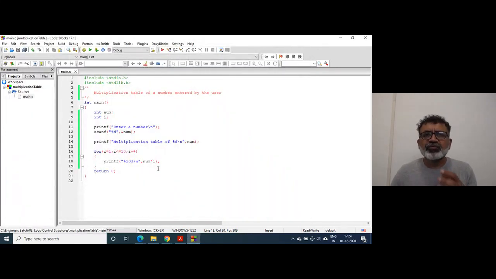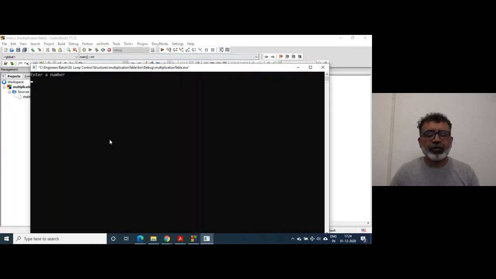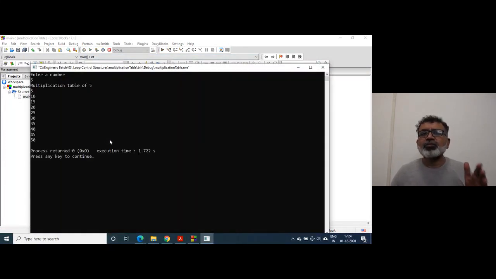These small programs will help you to build your logic. Why did I give %10d? Because if I don't give any width here, then see what happens. See here that the output is now left aligned. When you put the width specifier, it is right aligned automatically.